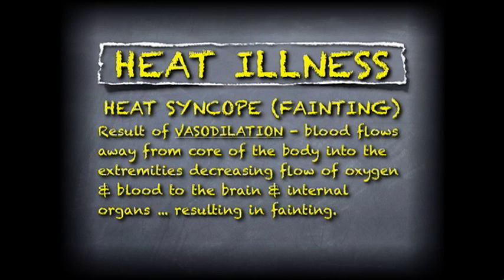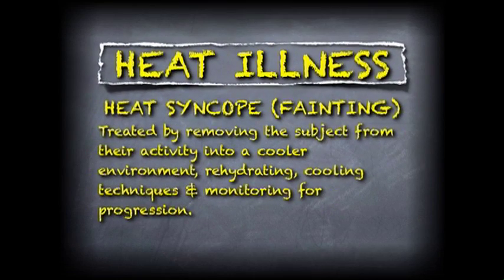The next category is known as heat syncope or fainting. Heat syncope is thought to be a result of vasodilation. Vasodilation is the process where the blood flows more into the extremities and away from the core of the body, and less oxygen in blood is available to provide oxygen to the brain and the internal organs, causing fainting. Heat syncope can be treated in the same way as heat cramps in removing the person from activity, returning them to a cooler environment, rehydrating, using cooling techniques, and monitoring them for progression into the more serious conditions of heat